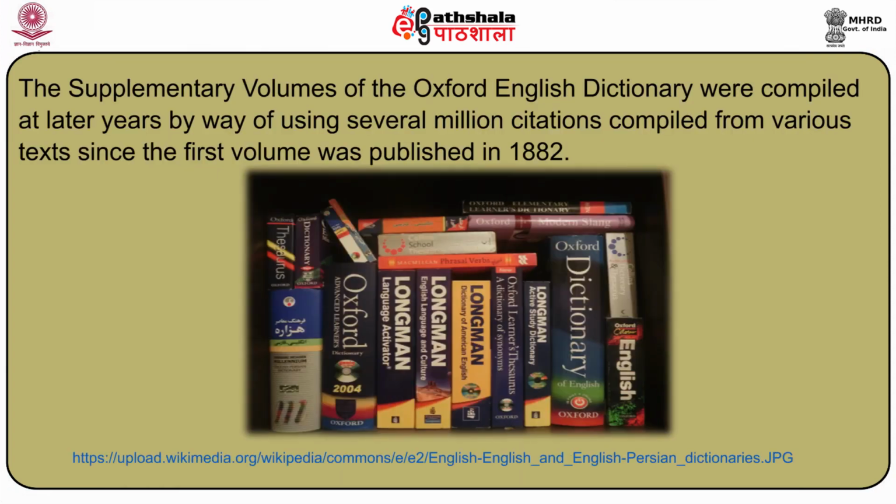Now, when the supplementary volumes were published, after the first volume was published in 1882, more data was required. So the original existing database was supplemented with a new set of data. What was that? The original text database used for compilation of the first volume of the Oxford Dictionary in 1882 was stored systematically. Then additional texts were used for compiling supplementary volumes published between 1972 and 1986.